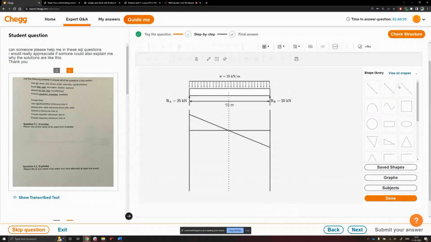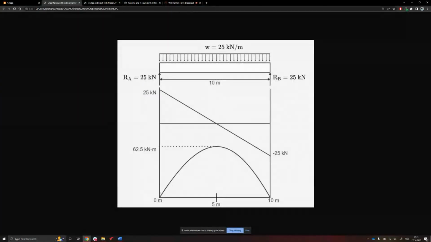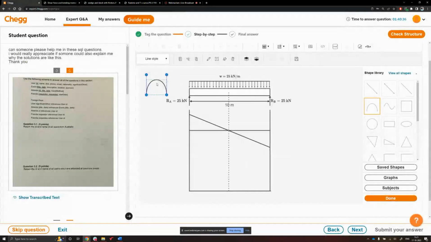And then to draw the bending moment, place a horizontal line like this and use the curve tool. The curve starts on the left side and ends on the right side. So you put this on the left side first, extend it to the right side, and then you use these two dots at the top left and top right to adjust the shape of the curve. If you put it this way, it will appear like a parabola,